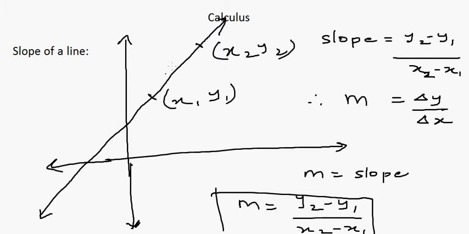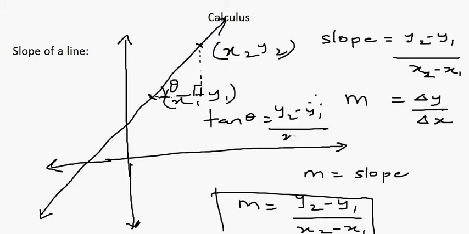So if we have to find the slope, what we do is we draw a line parallel to this. We actually form a triangle, and y2 minus y1, that's this line, x2 minus x1 is this line. If it's making an angle theta, then tan theta is gonna be y2 minus y1, opposite, upon x2 minus x1, and that's our slope, right? So this was just the revision, right? Now